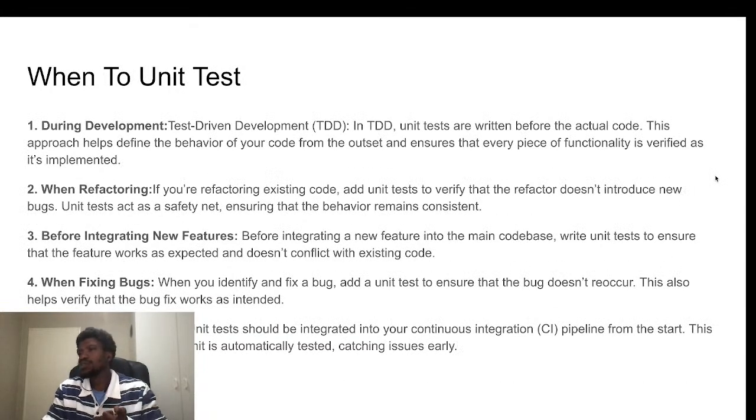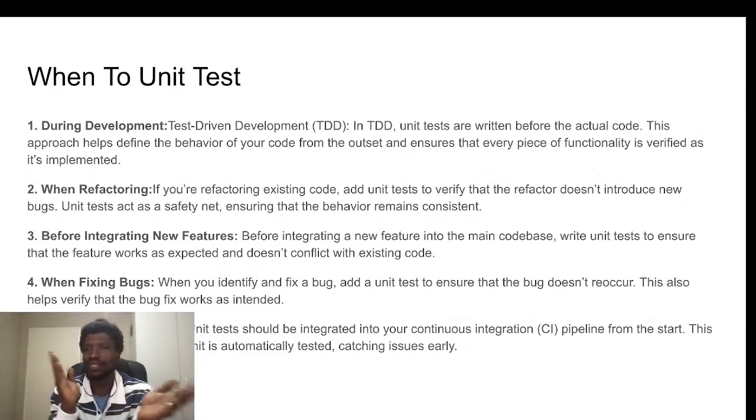Okay, so let's look at when to unit test. So you know what unit tests are, you know why to do it, but when should you do it? There are quite a few schools of thought. Some people want to write the code fast and then they do the unit test later. This is quite dangerous, quite difficult,